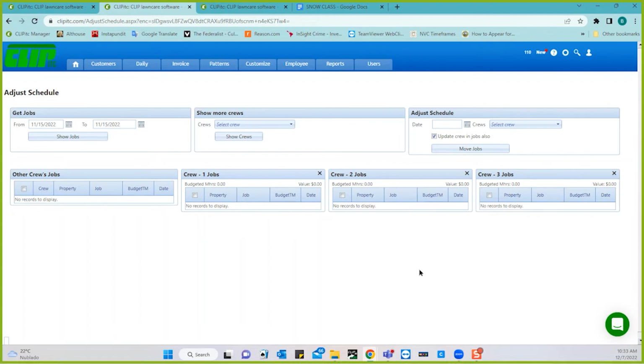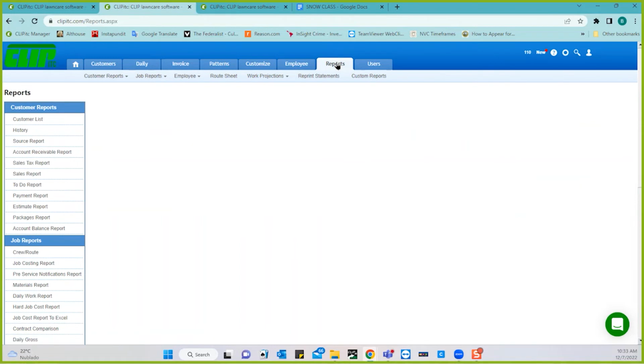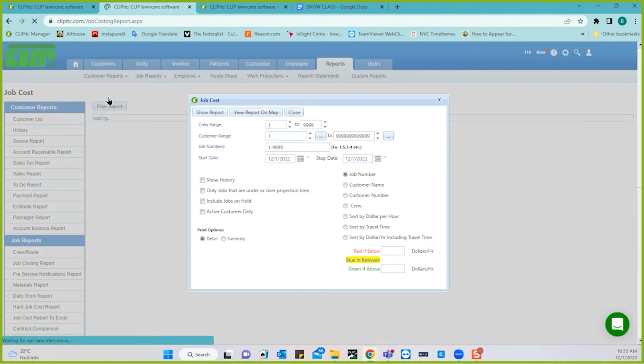Now, another end-of-year type activity you do are reports. So what I want to do is cover one report in particular. That is the job costing report. So if you come under reports and job reports, job costing. The reason we're going to look at this is this was a report that you can run as you get ready to renew contracts, because this report will show you,